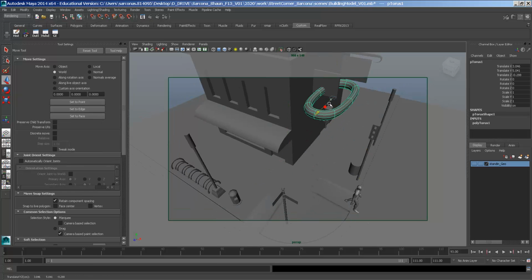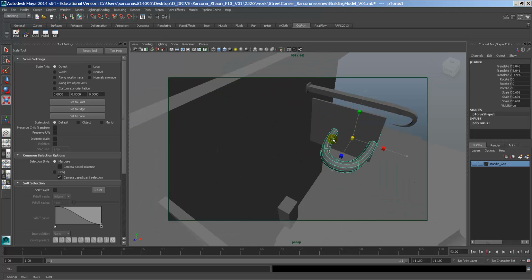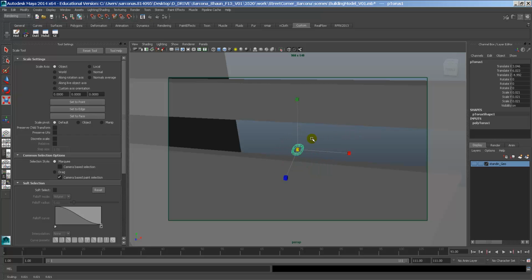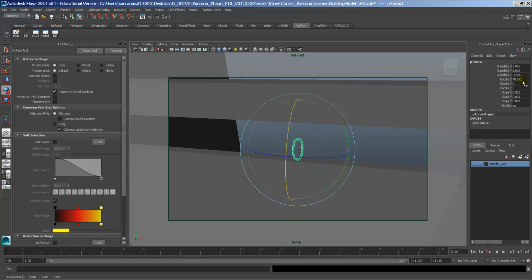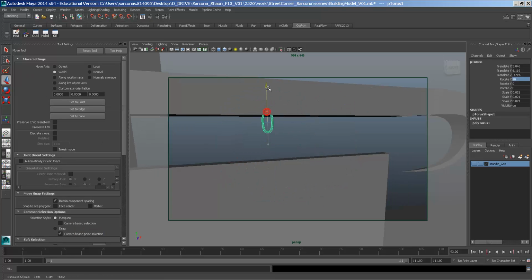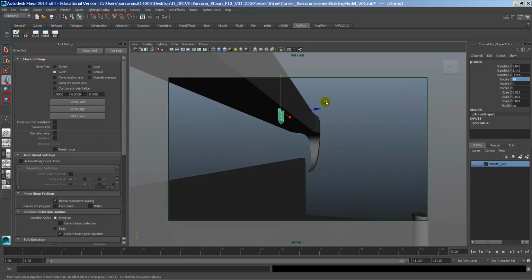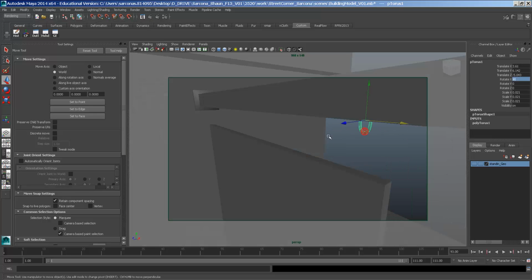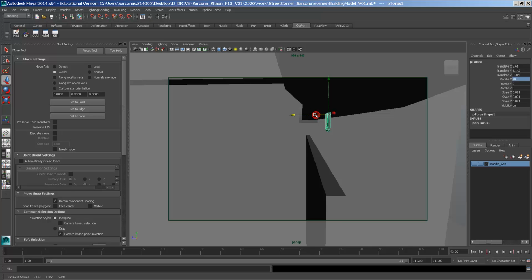Let's move this up. Scale it down. Move it up. Scale it down. Rotate it. Okay, if I stick half of this in here, that's going to look like, hey, that's the link that's kind of where this thing would be holding on. And if I line it up good enough,